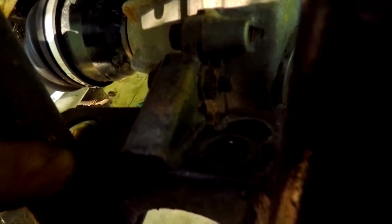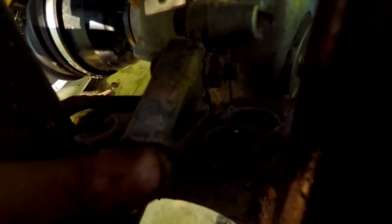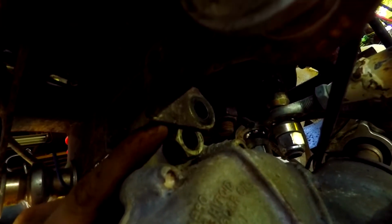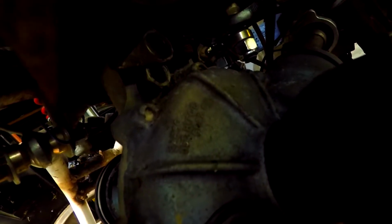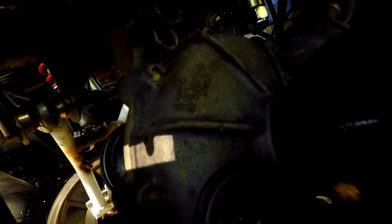Now for it, there is 2 bolts right here and there. It's hard to see, but right there and there, 12 millimeter. There's one right here that is 14 on both sides, and normally there's a spacer. I just have a nut put in there because I didn't have any spacers at the time. And then